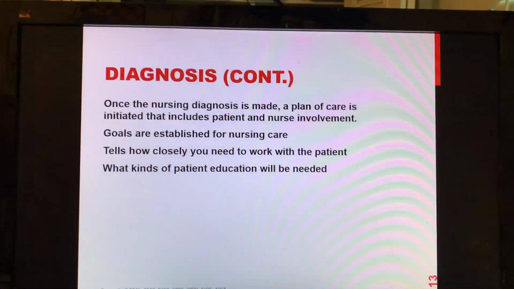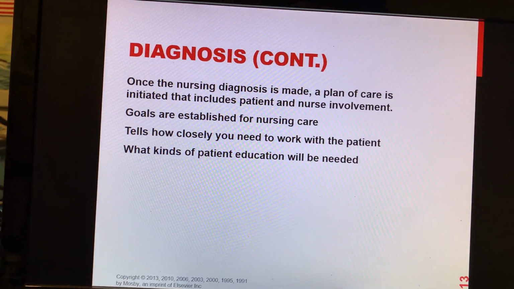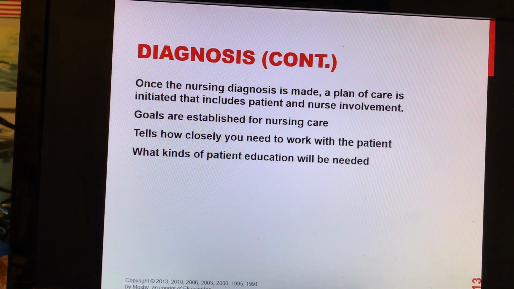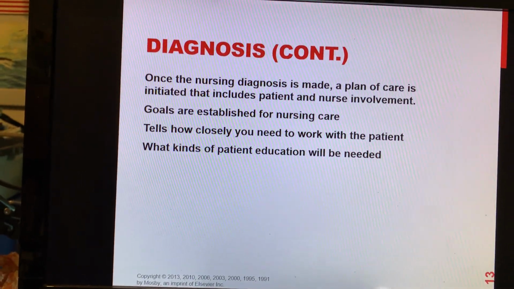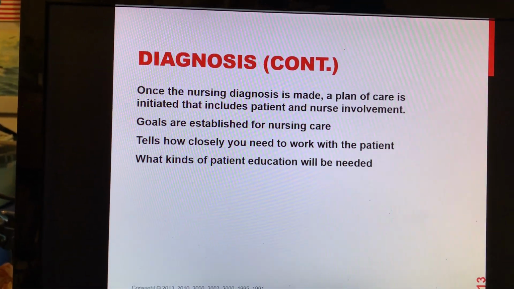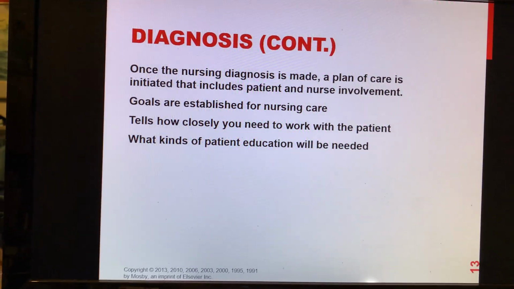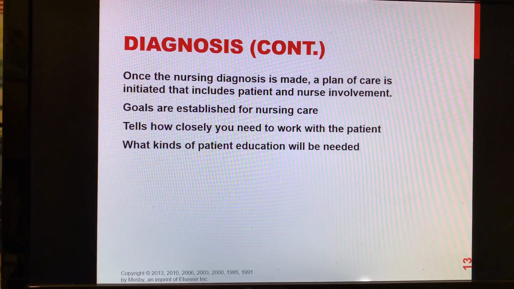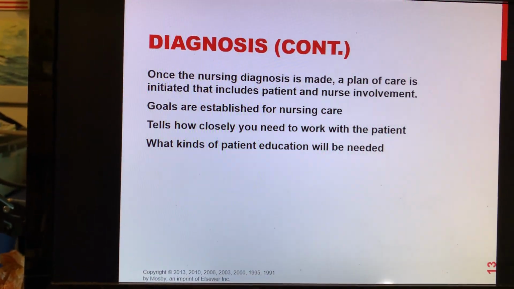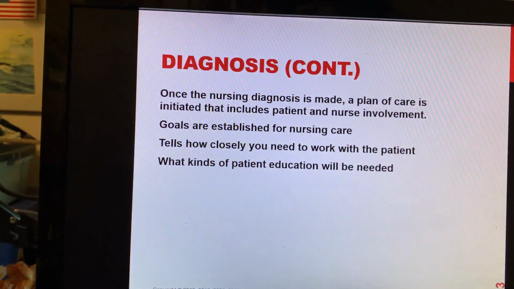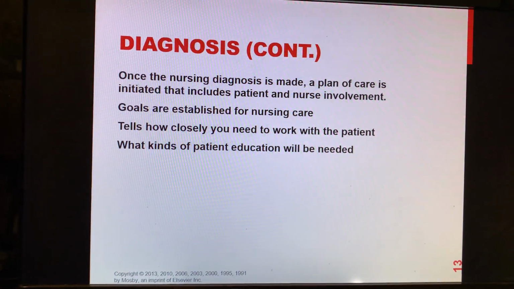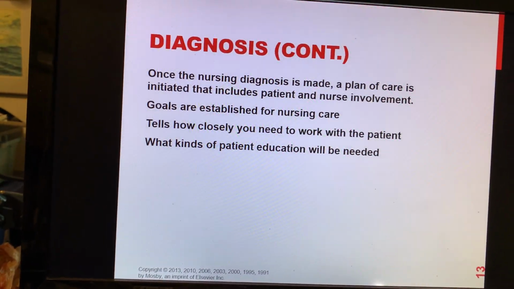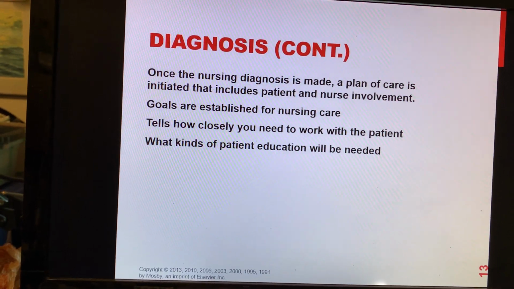education will be needed. So if your nursing diagnosis is knowledge deficit in the area of a brand new diagnosis of diabetes, and you know the patient really doesn't know a whole lot about diabetes or how they check their blood sugar or how they administer their various kinds of medication, you want to establish a couple of goals for the nursing care. Maybe patient will understand the process involved with diabetes, and patient will be able to check their own blood